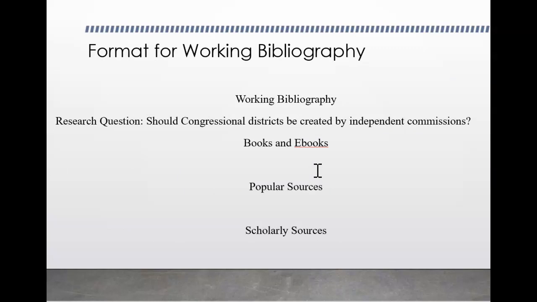So the format for your working bibliography will look like this. At the top, you'll have, after your name, other identifying information, working bibliography centered, and then the research question. In this particular case, should congressional districts be created by independent commissions? Is a type of research question. You were sent your research question. You were each assigned an individual one. Then you separate the subjects. You probably do these in alphabetical order. It makes sense. The books and ebooks first is a heading. Then you would list the 5 or so of those. Popular sources, list the 5 or so of those, and then the scholarly sources. All right. So that's